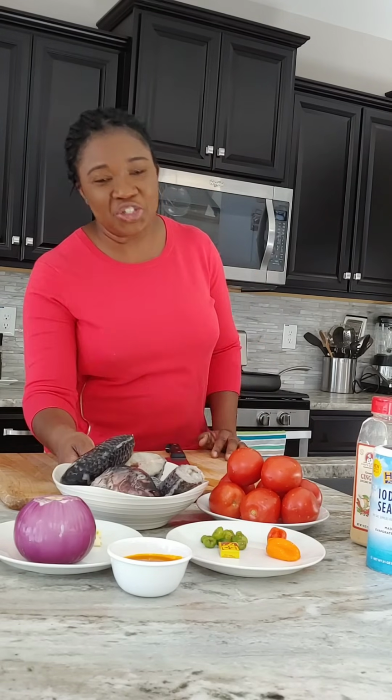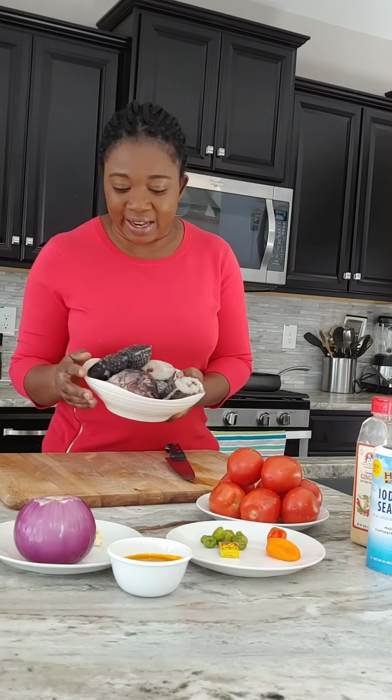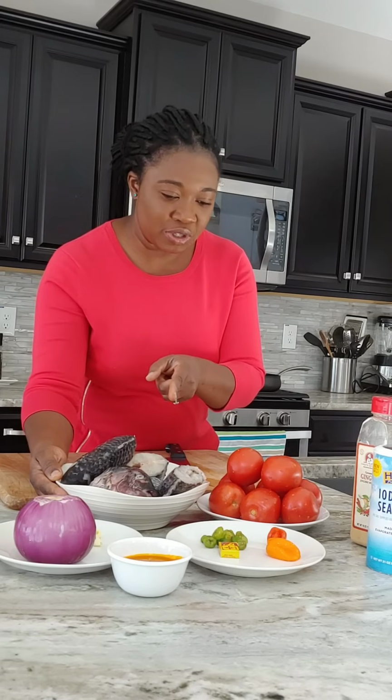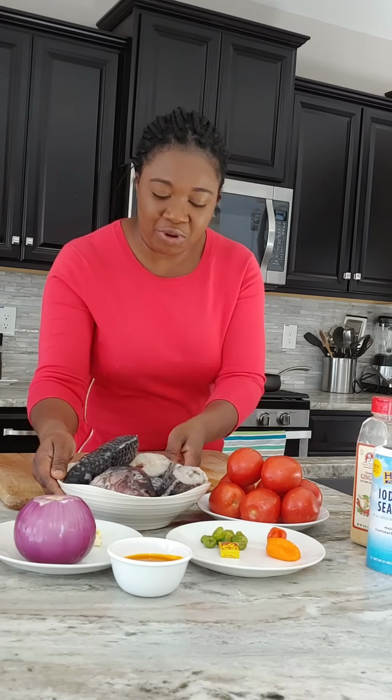Welcome to Quanchua's Kitchen. Today I'm sharing with you my recipe for Fante Fante, and I'm using tilapia. I normally use red snapper, but I ran out, so this is what I'm using today. So I have 2 large tilapia cut into 3 pieces each,